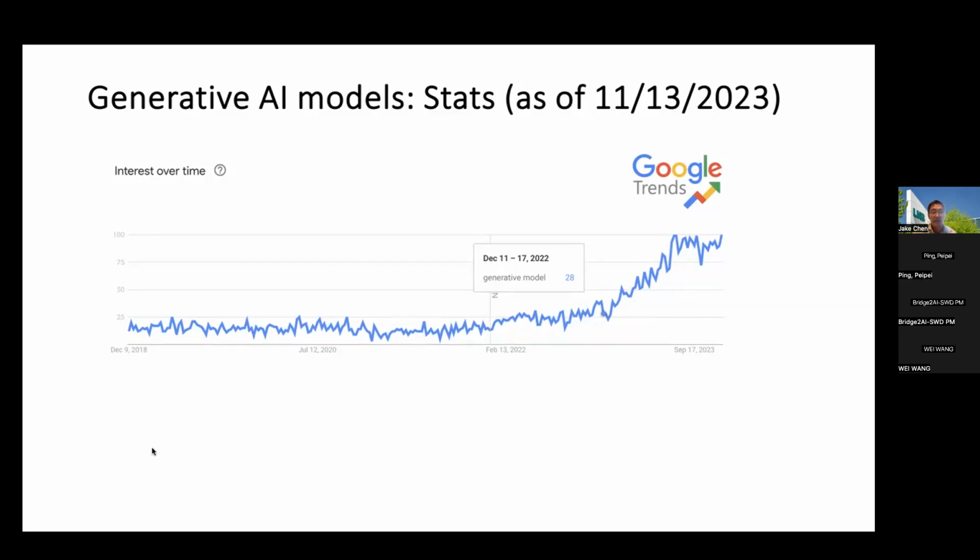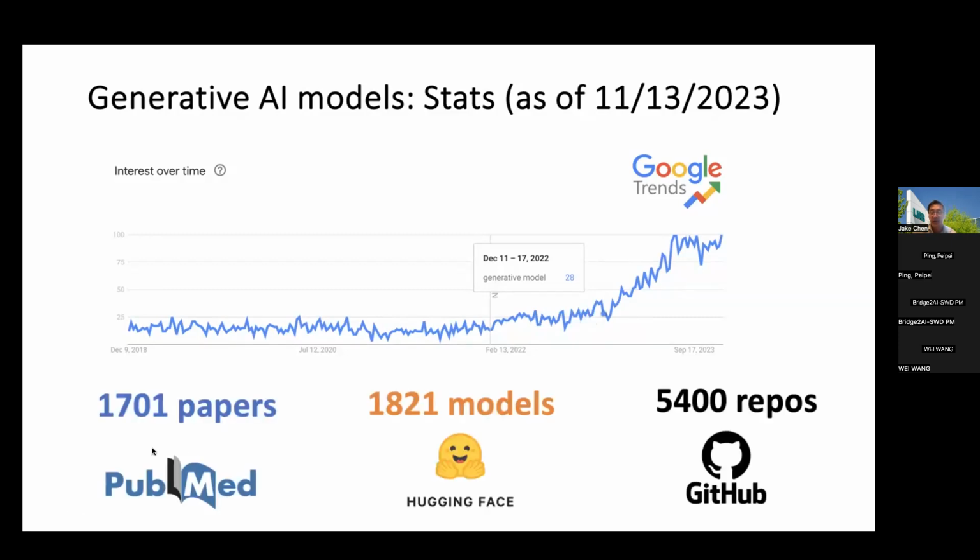In fact, if you go to PubMed and search for generative AI models, there are only about 1,700 papers, and many of them are not actually the hardcore generative AI model. They're AI machine learning methods that will generate some labels, but they're nonetheless marginally related to the canonical definition of